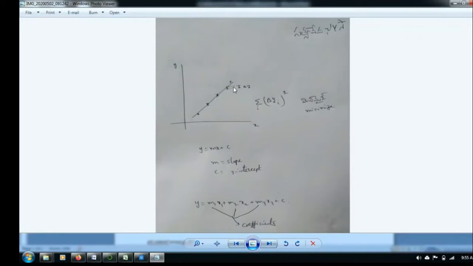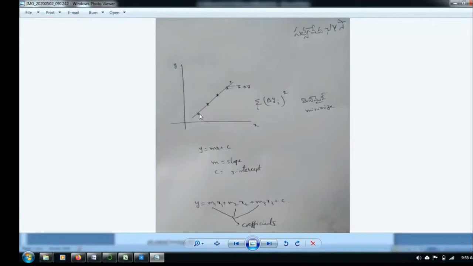So there is a gap between the actual data point and the predicted point, which I am calling delta y. So there will be some delta y here, there will be some other delta y here, there will be some other delta y here. In this particular case, the delta y is 0 because the line is exactly passing through that point. Similarly, there will be some other delta y here. In this case also the value is 0 because the straight line is exactly passing through that point. Again, there will be some delta y here.